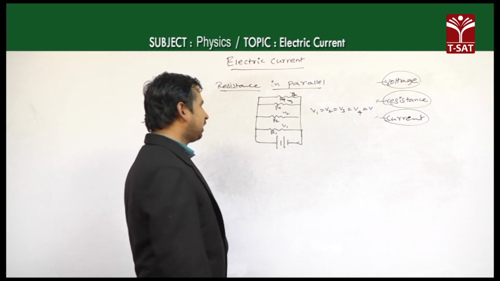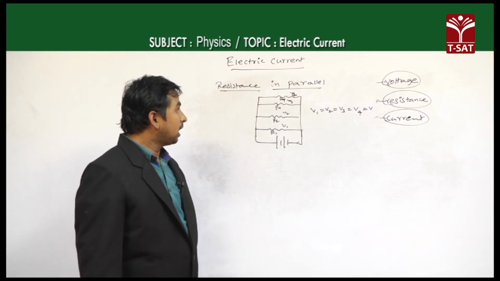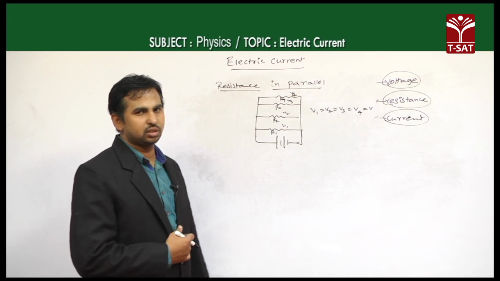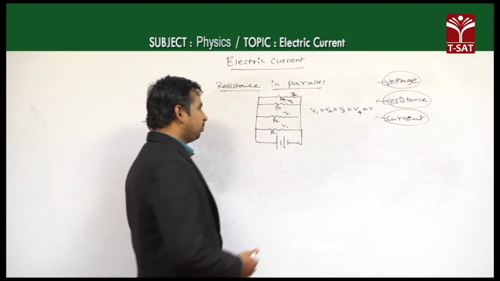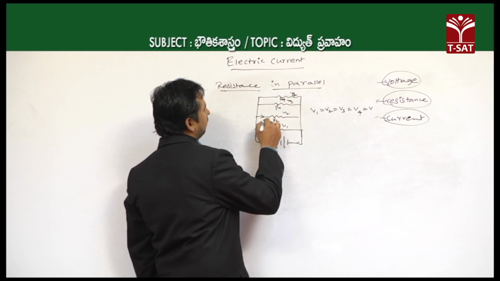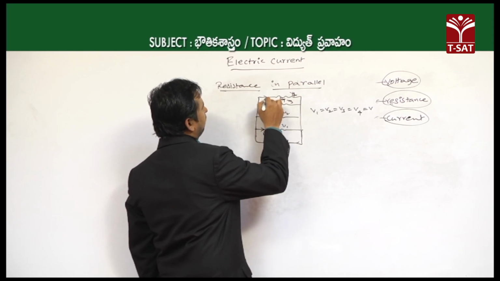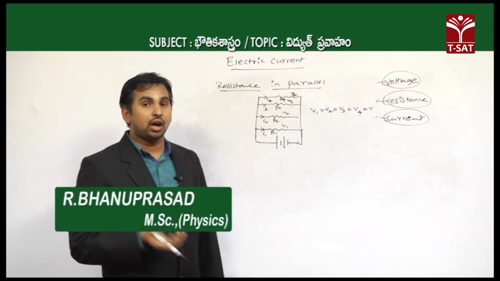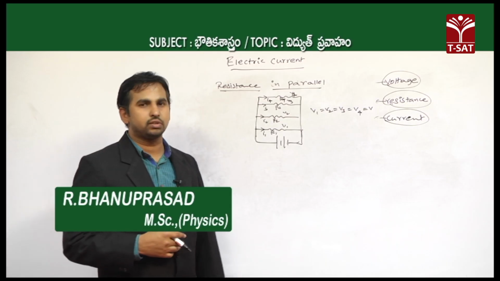But whereas if the resistance values are different, the current passing through each resistance will vary. So in the case of R1, R2, R3, R4, we have different currents: I1, I2, I3, I4. In this case the current is different, and how that current varies with the resistance is